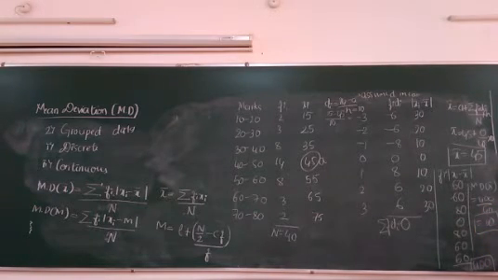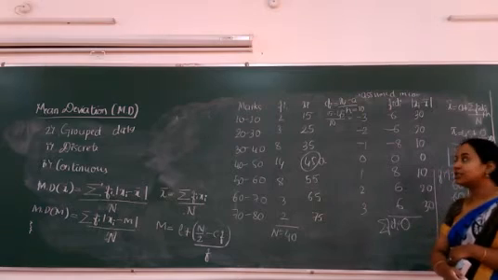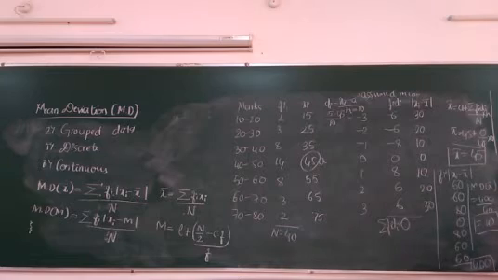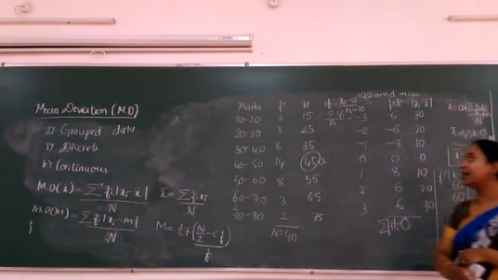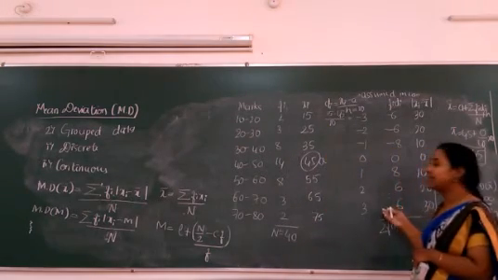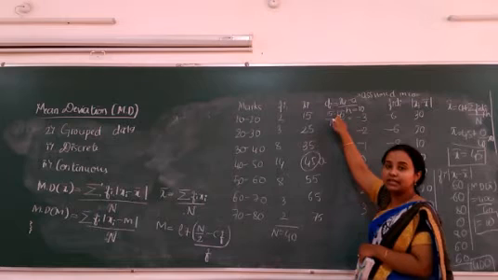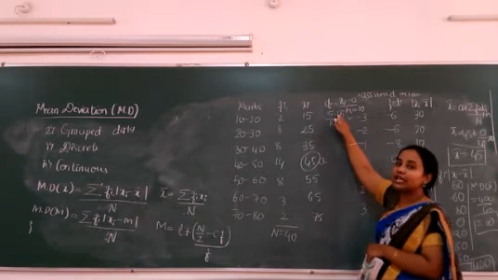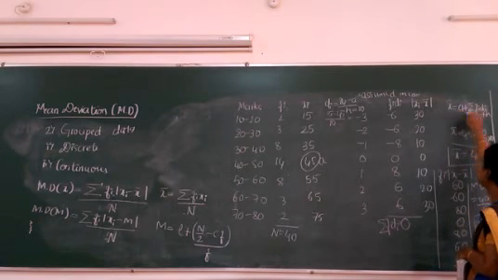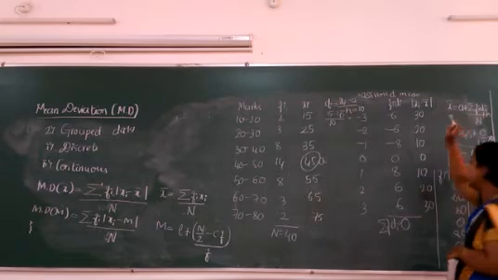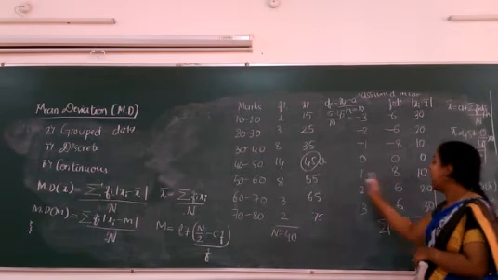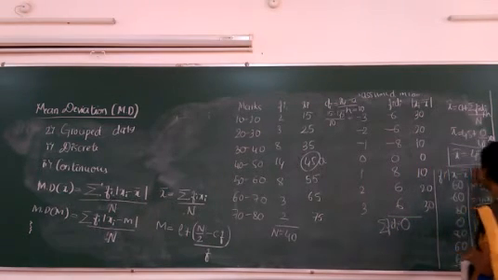So is this the same value that we had got for the problem we just discussed before this? Yes, they both are one and the same. So what is the major difference between our previous method and this method? If the values of xi are too big, they can be reduced to di using the step deviation method. And one more thing you should take care of is your mean. That is, the mean formula changes to a plus summation fi into di divided by n, into h. So only these two formulas will come extra. After that the remaining process remains the same.